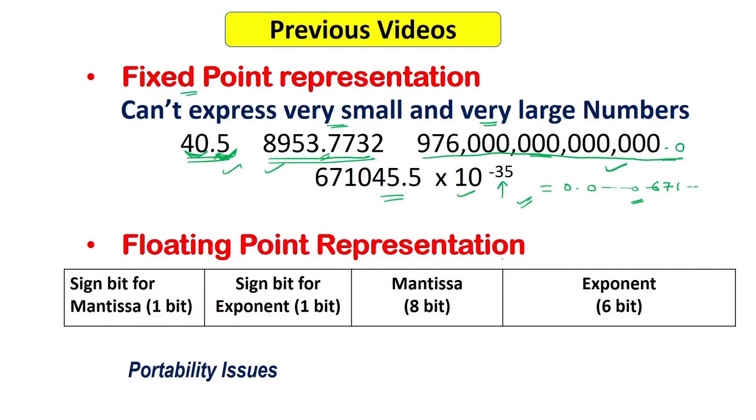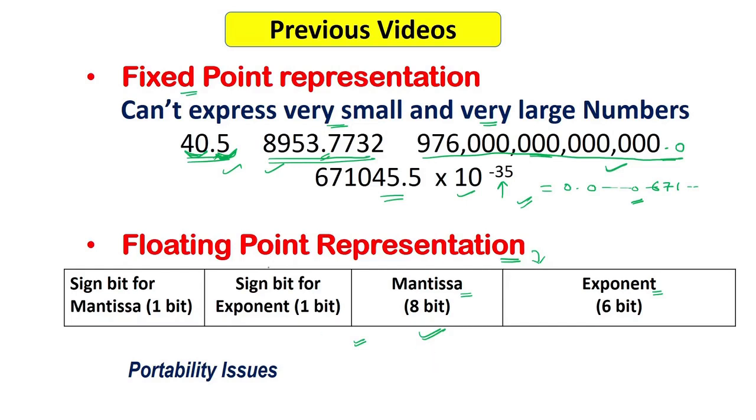We have also seen one of the floating point representation schemes in the previous video, in which we said that we can store the floating point number with the help of these 4 fields: the sign bit for mantissa, the sign bit for exponent, then we store the mantissa, and then we store the exponent. If you have not seen the previous video on the fixed point and floating point representation schemes that I have discussed here, you can find these videos in the number system playlist. You can find the link of the number system playlist in the video description below.